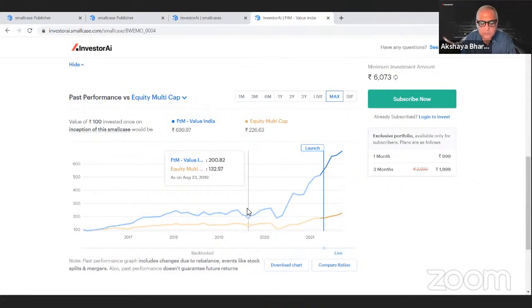Can I just pause you, Shailesh, for 1 second? So this is my point about long term. Think long term about these portfolios, guys. Don't think 1 week or 2 weeks or 1 month. Now, I'm not saying if you hold it for 3 years, you'll get 600%. I mean, you might not. But the longer you hold, the better position this product is in to deliver the kind of returns that we all want to have.